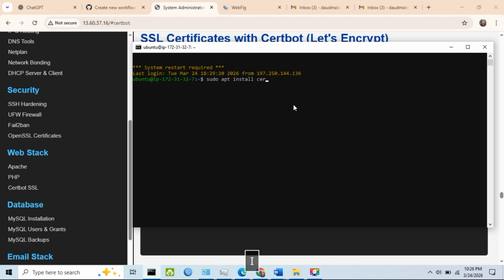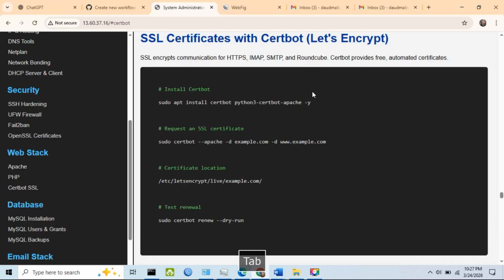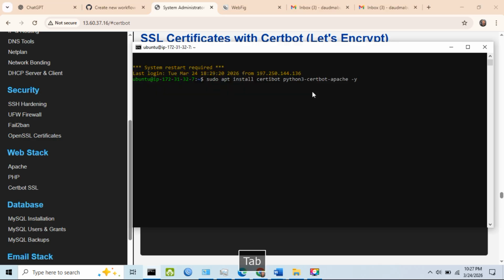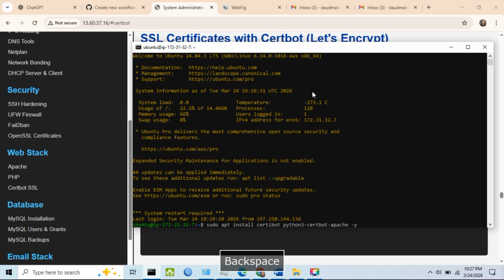Certbot. Use this command to install Certbot, and the documentation you can find here. Run this command: sudo apt install certbot python3-certbot-apache, and the user replies y for yes. I have one error in my command here. It cannot locate that package. The package is certbot, I don't have the I here. I'll hit enter here,